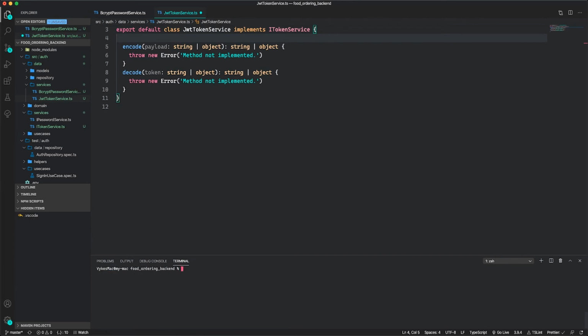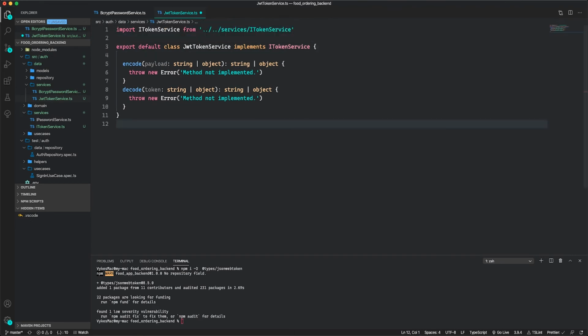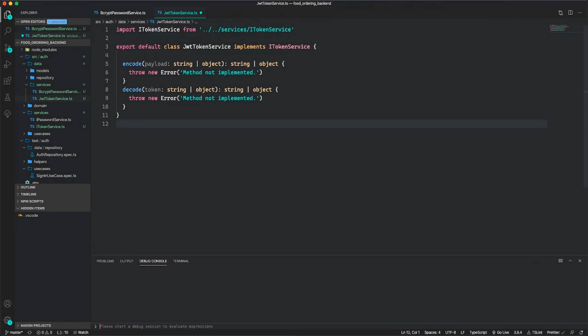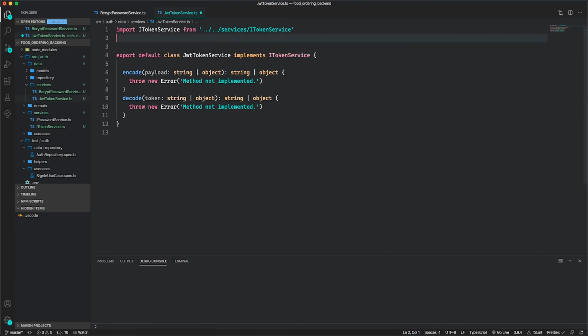Then we will install also the types in our dev dependencies. So go ahead, install the types. Now that our types are installed, we can now import JWT from jsonwebtoken,